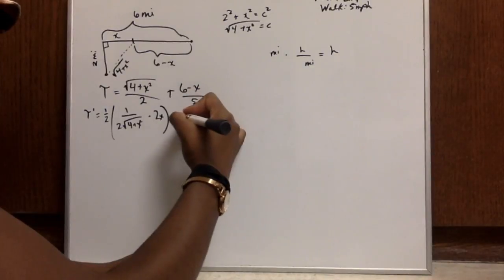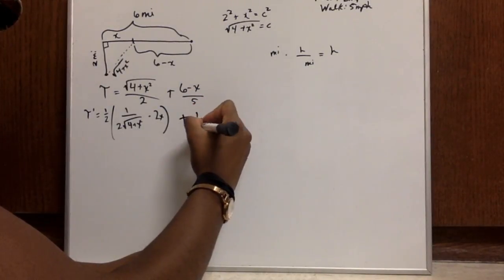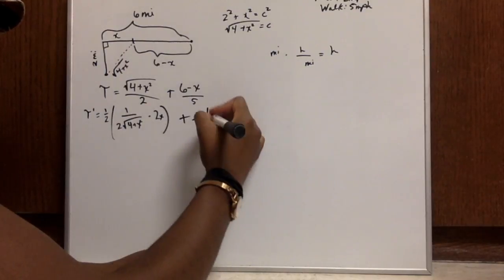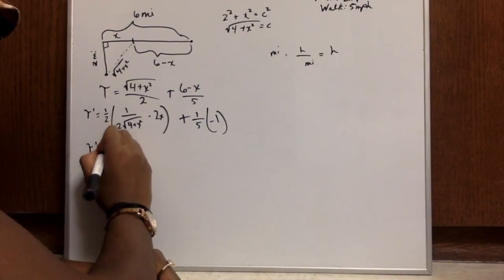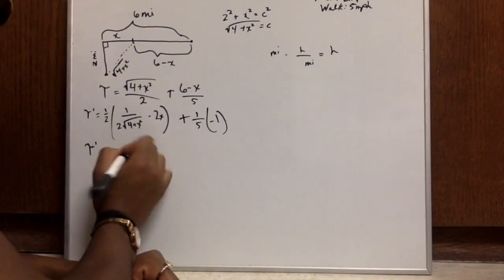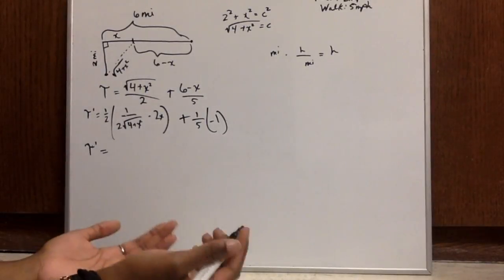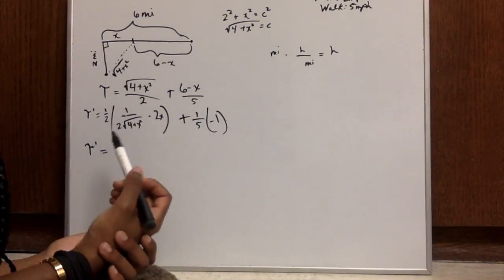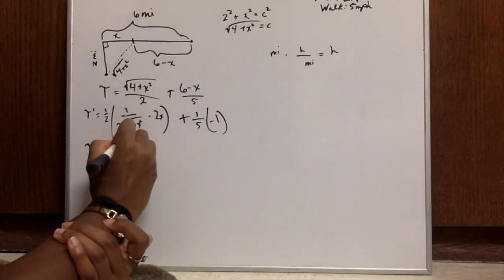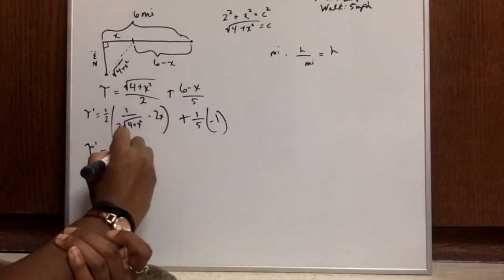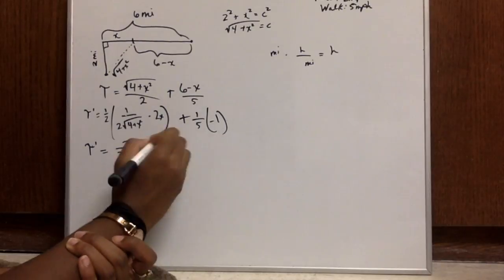By the chain rule, I'm going to factor out this 1/5. The derivative of 6 minus x is -1. So here, t prime is going to equal 1/2 times 1/2, which is 1/4, and 2x over 1/4 is simply x over 2. So we're going to have x in the numerator over 2 times the square root of 4 plus x squared